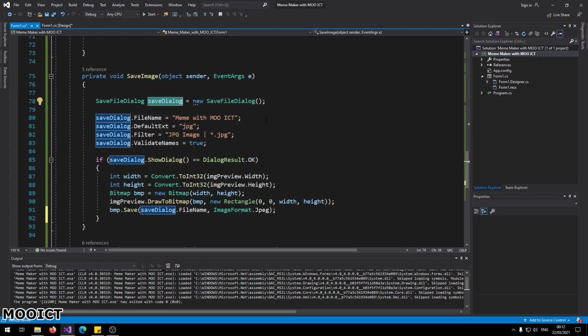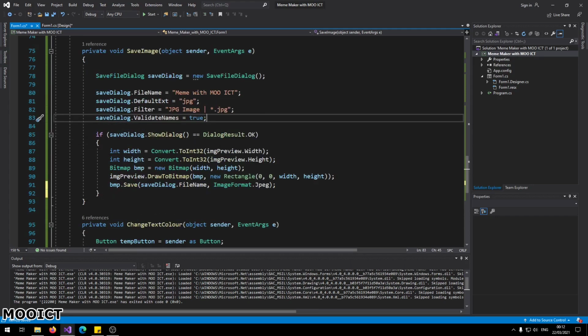Okay, so first one is the file name. The default file name I'm setting it to is meme with muict. The default file extension is JPG, right? The filter is going to be JPG. We're going to validate the names. That's perfectly fine. And inside the if statement here, once we click OK on the dialog box,